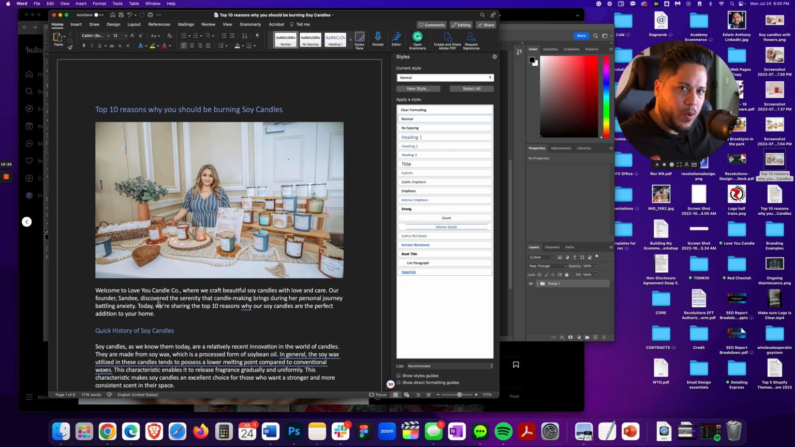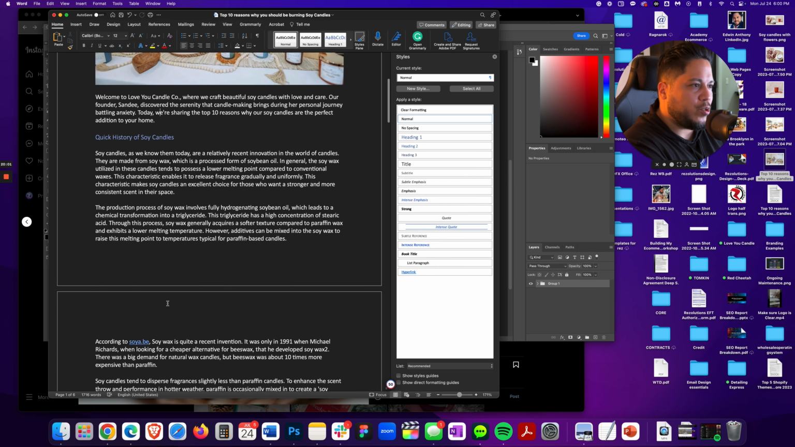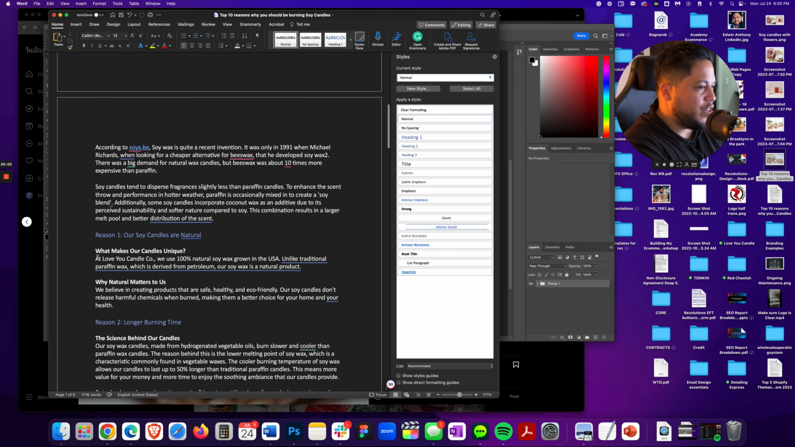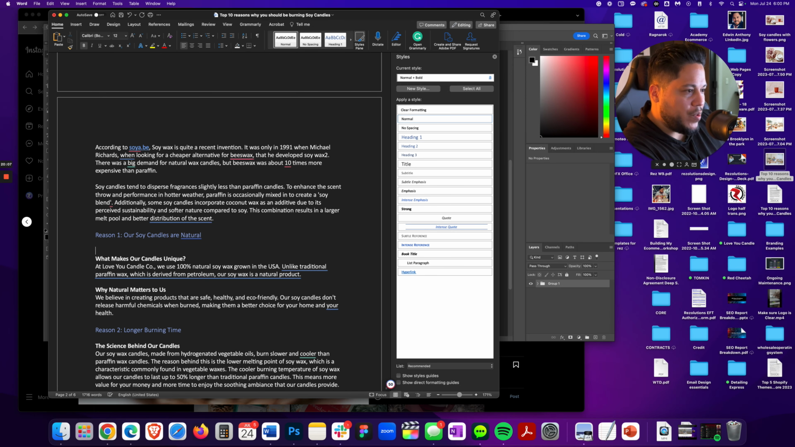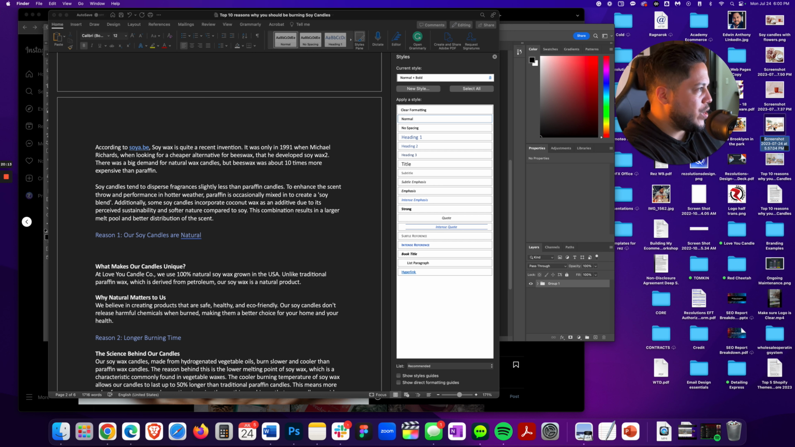Wide, not square. It's because square just doesn't look right, right? So now that we have that, it shows pretty nicely. A quick history of soy candles, looks great. Reason number one, right before reason number one. Okay, we're gonna go right here. Our soy candles